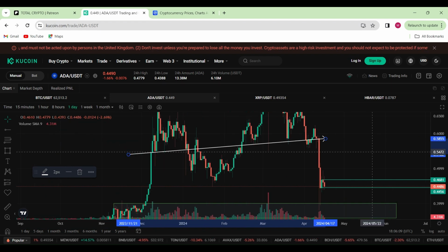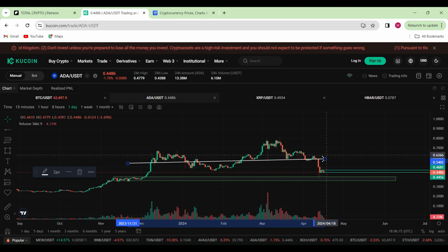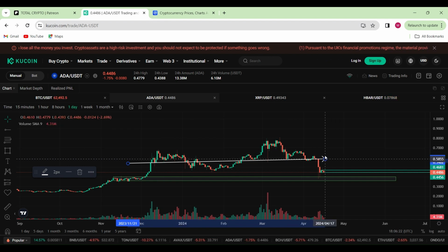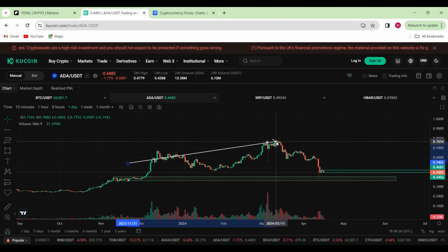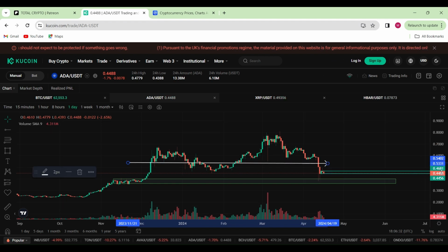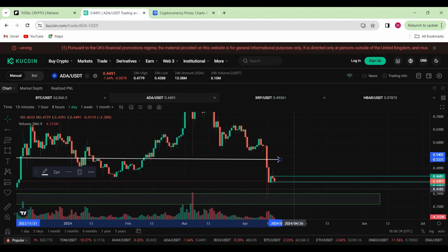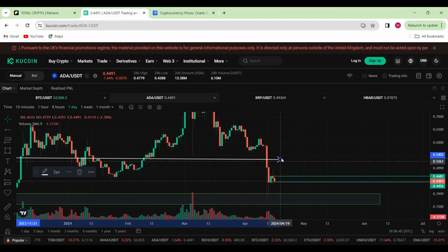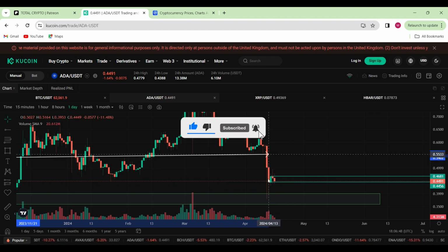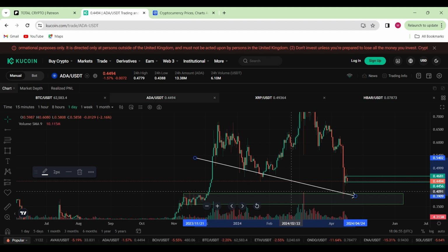Once we do so, that means structurally with ADA, we should then be on the upper end of the charts, retesting this horizontal, retesting these levels up here, which means once we do break up from there, we should in no time be heading back up to the 74-cent marker and beyond. Until such an event happens, I'm not gonna touch ADA at all for my intraday trading account until I see a break from below or to the upside. So you have a much larger percentage gain in trade for the move to the upside because of all the invalidation. Otherwise, if we come back down to this region here, guys, this would be an amazing area for reaccumulation,